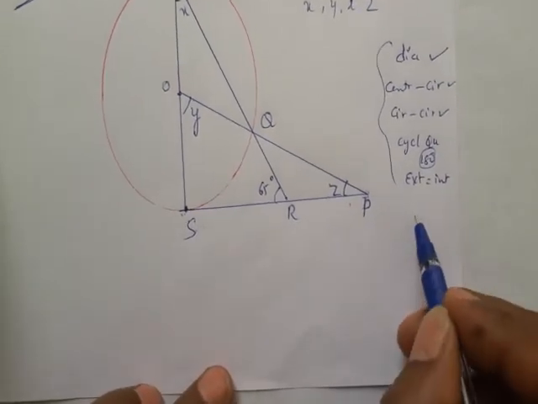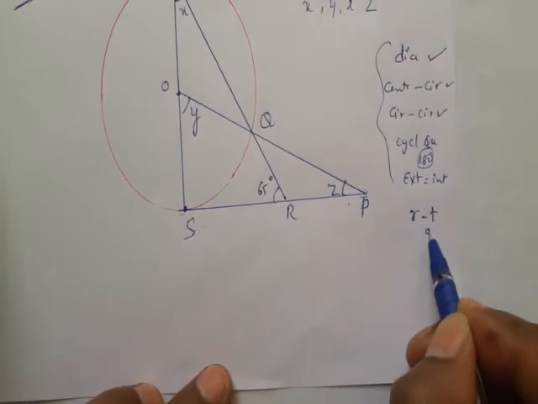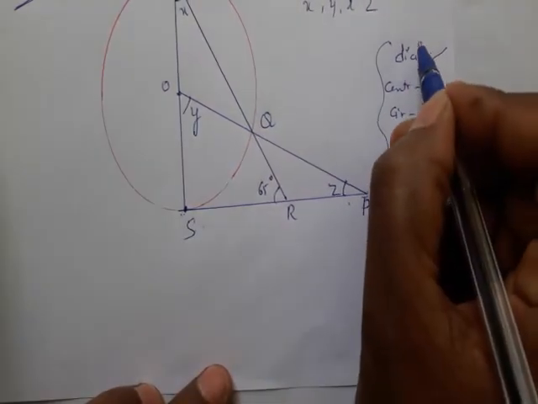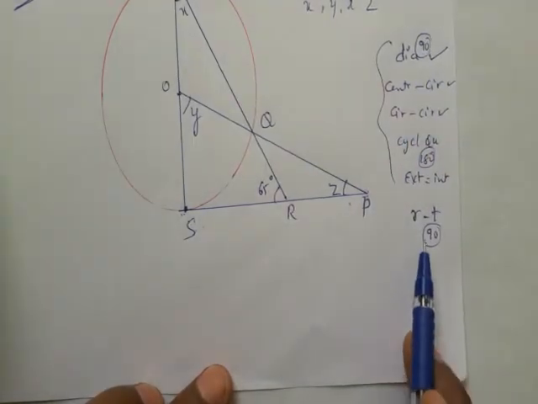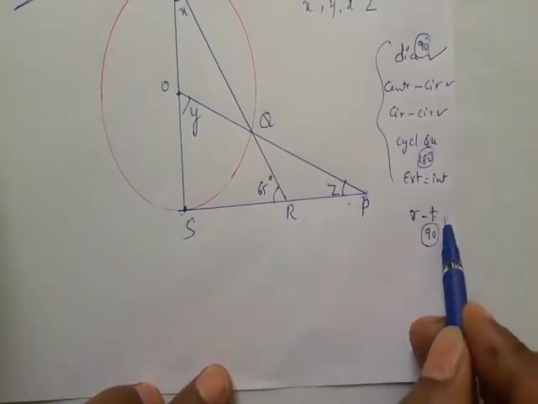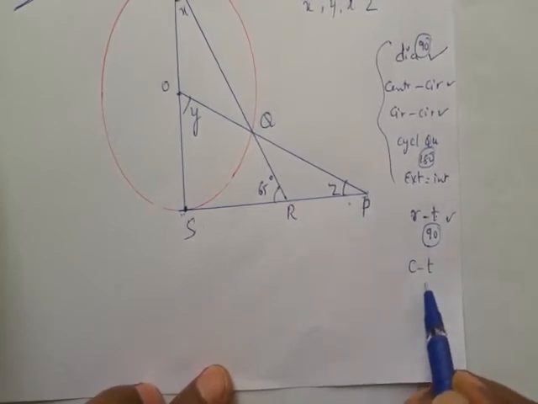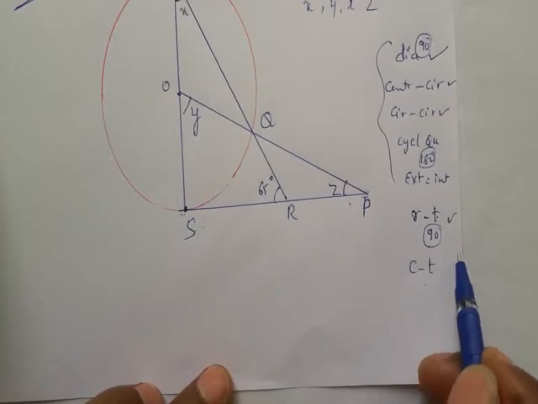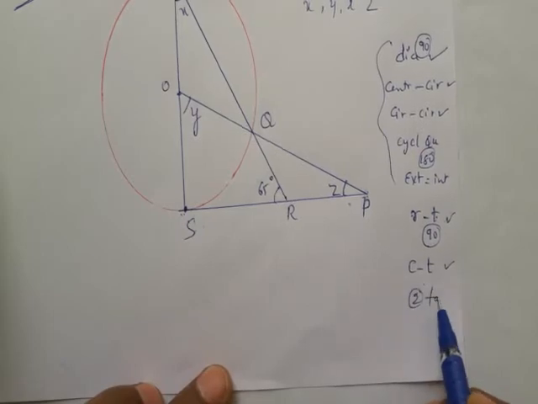Now let us list 3 theorems from the tangent. One is radius and tangent when they meet, 90 degree. In circles, diameter gives you 90 degree. In tangent chapter, radius and tangent meets 90 degree. The other one is chord and tangent. When chord and tangent meets, that is equal to angle in the alternate segment. Got it? The third one is two tangents are given, both are equal.